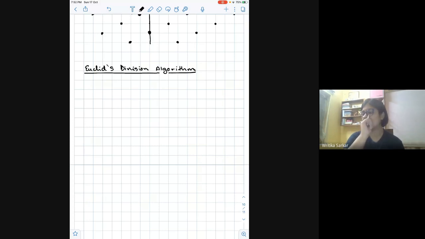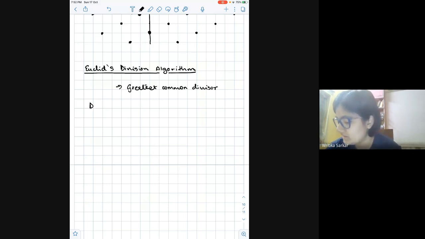So the main use of Euclid's division algorithm is basically to find a greatest common divisor, right? For Gaussian integers, we first have to define what a greatest common divisor is. So let's do a quick definition first. Greatest common divisor. The greatest common divisor of alpha, beta in